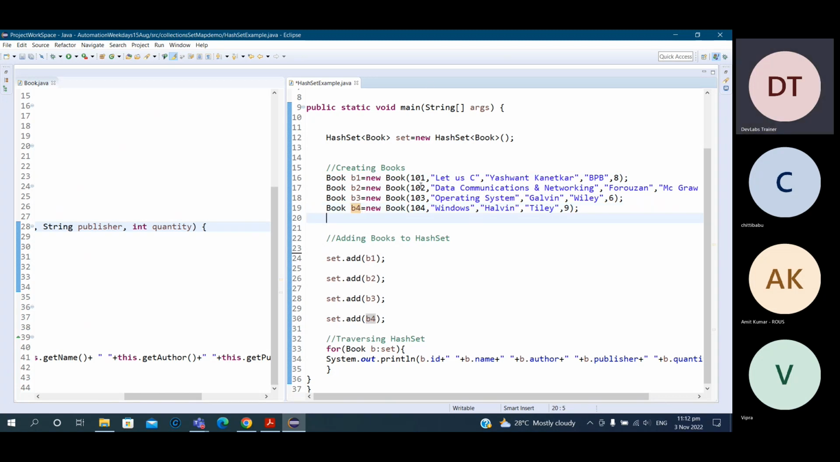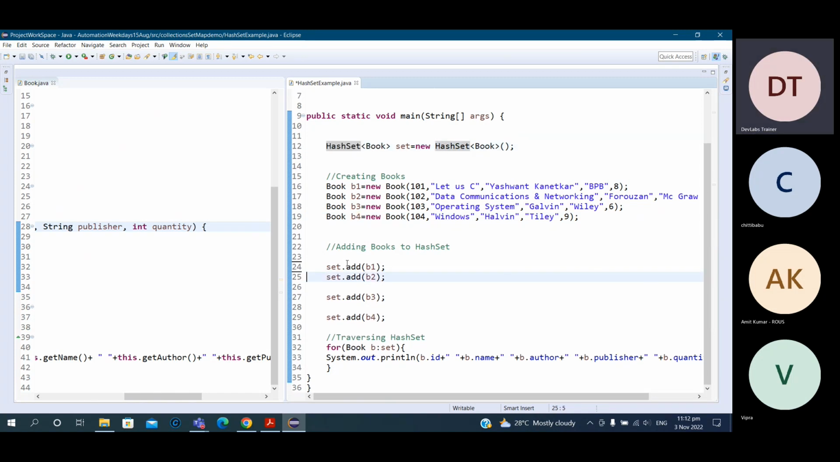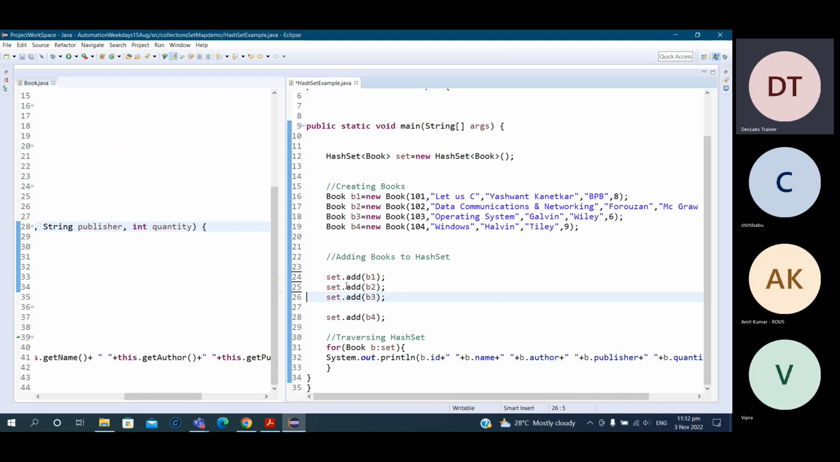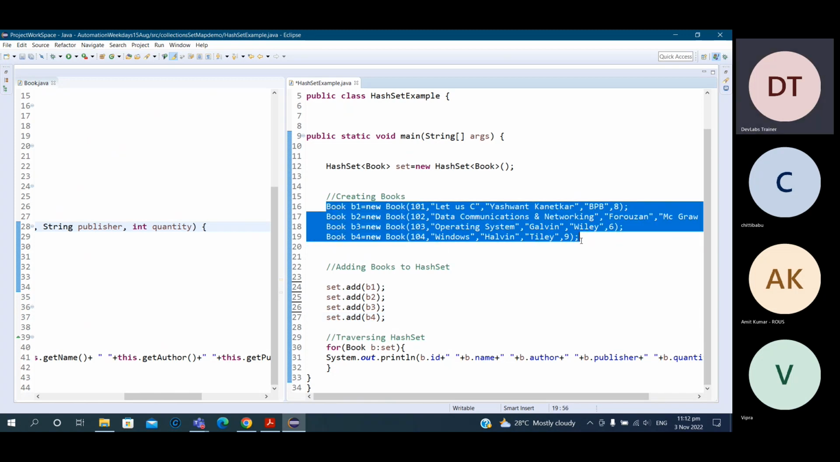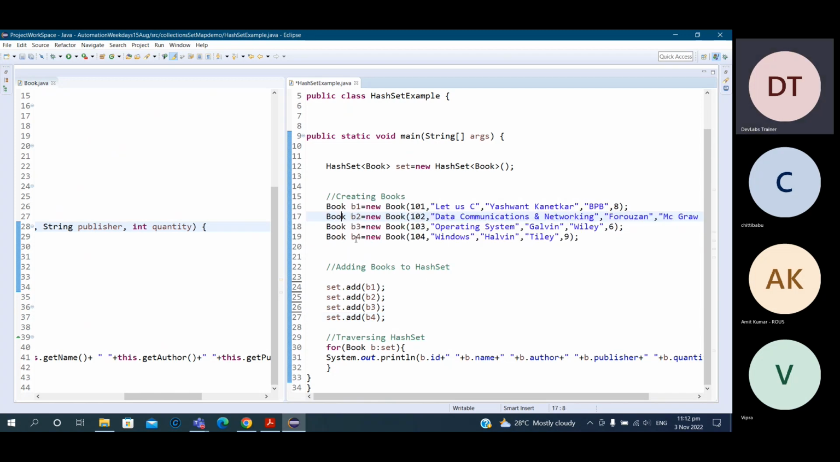After that, I want to store them in the HashSet. For adding them, I'm using just the add method: B1, B2, B3 and B4. First I have to create the object and then I pass it here. And after that, when I want to print it,